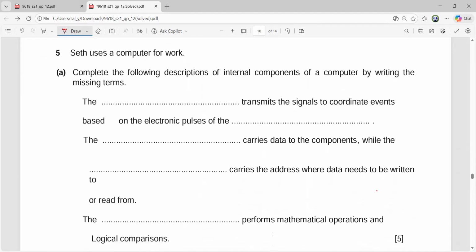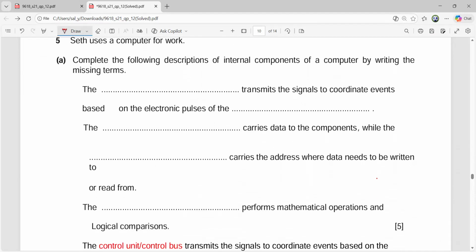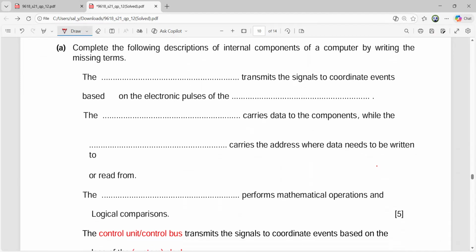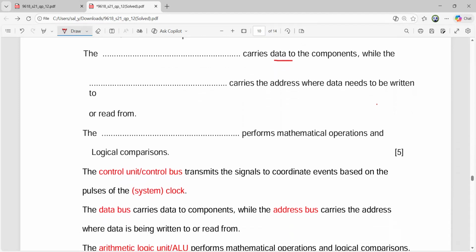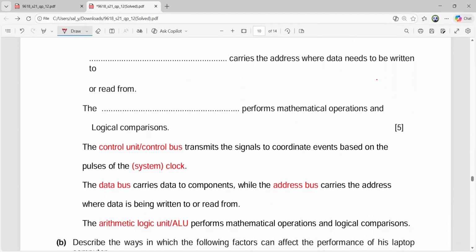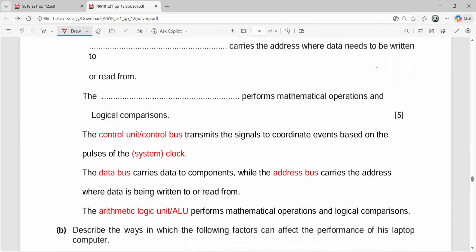The dash performs mathematical operations and logical comparisons. So the answer is going to be the control unit or the control bus transmits the signals to coordinate events based on the pulses of the system clock. The data bus carries data, and this is very simple. Carries data means it is always the data bus, while the address bus carries the address where the data is being written to or read from. Arithmetic logic unit or ALU performs mathematical operations and logical comparisons. So this is how, if you have answered with the values properly, you will be able to score 5